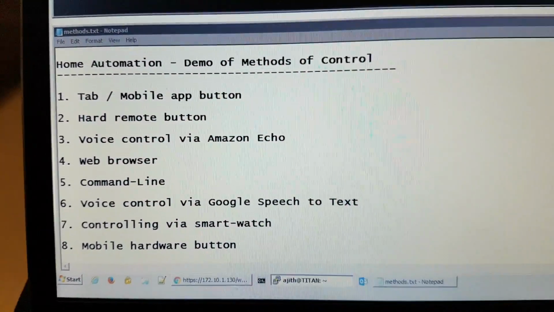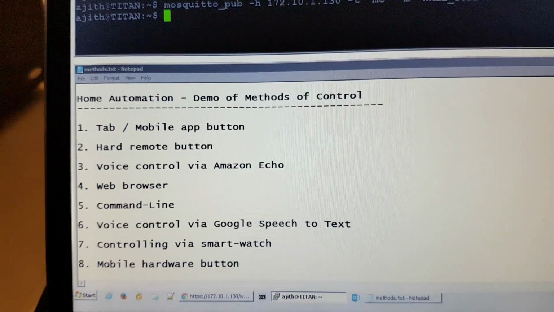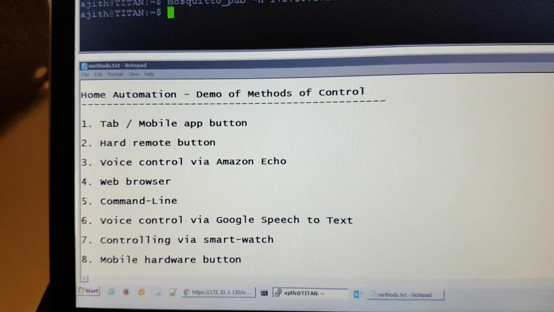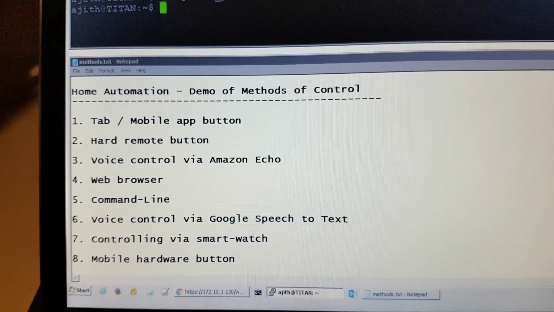Hello everyone. Today I am going to give you a demo of a home automation system where I am going to control the same light in 8 different ways. Let's start with the first one,